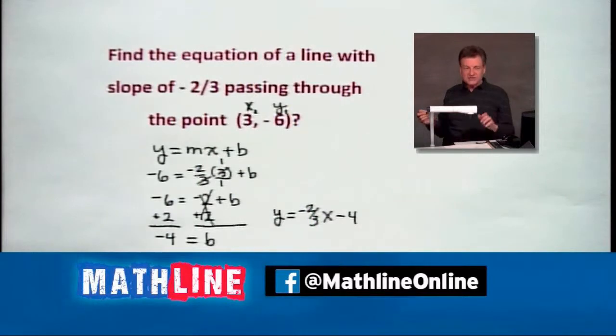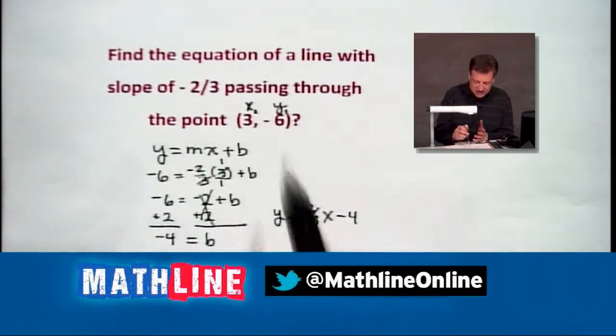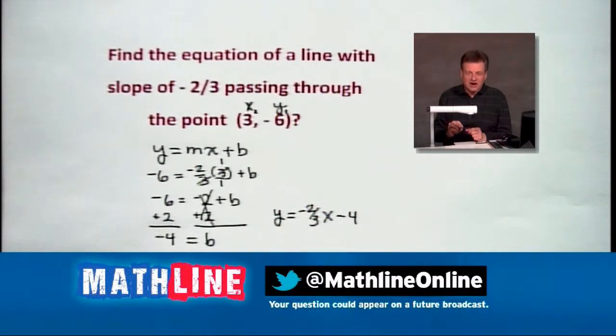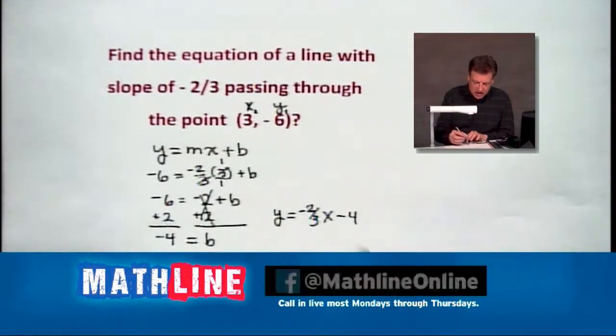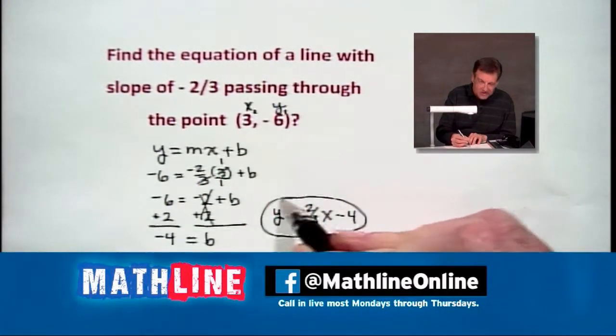You say, Ernie, what happened to x and y? Well, that was just one option. Folks, there are infinitely many combinations of x and y that will make this a true statement, all right? We put in a different x, we'll get a different y, all right? And it doesn't matter how many x's I want, I've got that many different y's that are going to go with it. So it's a function. That's why it works that way. So there's what we end up with.